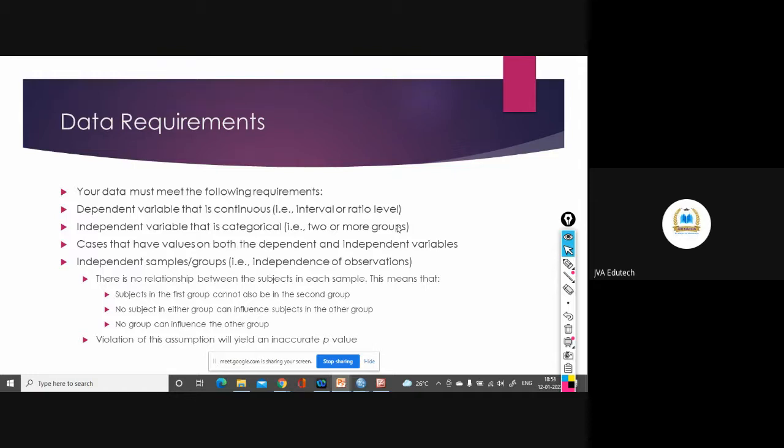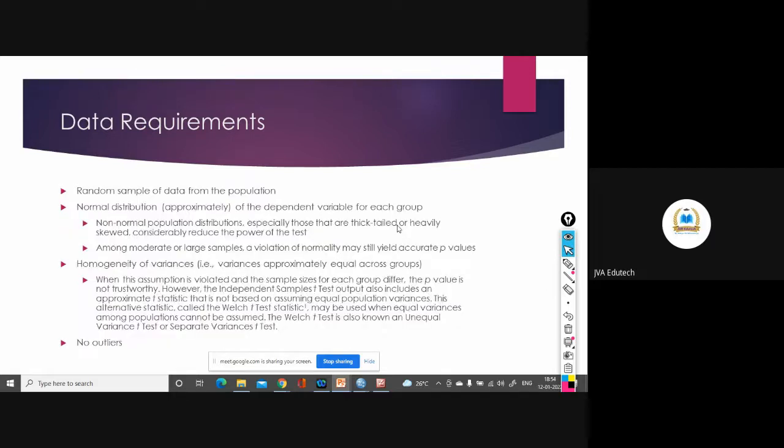No subject in either group can influence a subject in the other group. Here, when I use the word subject, I mean your participants or your respondents. And no group can influence the other group. So there should be independence of observation, because if these things are violated, it will lead to an inaccurate p-value, and you might end up making either a type 1 error or a type 2 error.